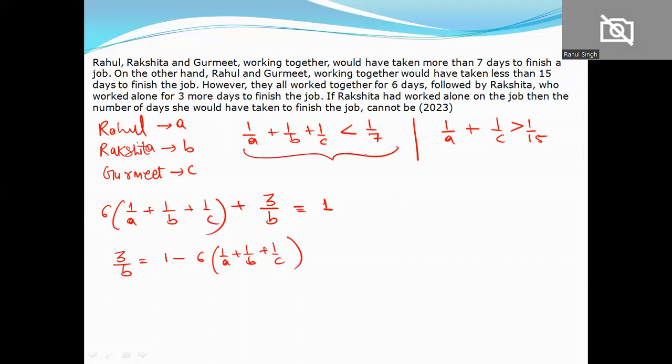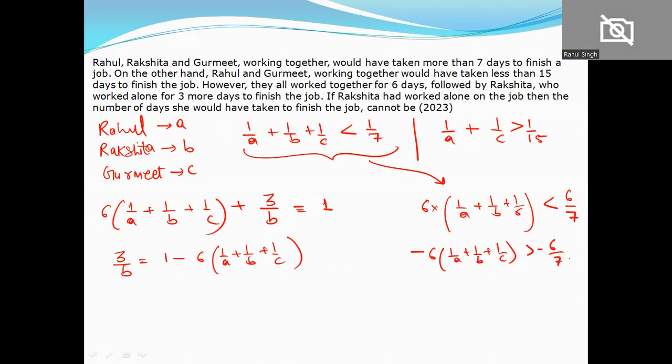एक छोटा सा इसके साथ इक्वेशन का खेल लेते हैं, इसको साइड में लिख लेते हैं। तो इसको मैं बोथ साइड 6 से मल्टीप्लाई करूंगा तो क्या होगा, 1/a प्लस 1/b प्लस 1/c इक्वल 6/7। अरे, अगर मैं इसको माइनस से मल्टीप्लाई कर देता हूँ तो क्या होगा यहाँ पे, -6 (1/a प्लस 1/b प्लस 1/c)। ये साइन फ्लिप हो जाएगा, यहाँ पे -6/7 आ जाएगा। ठीक है, यहाँ पे भी थोड़ा सा चेंज कर लेते हैं ताकि इजी रहे इसको करने में। तो 3/b-1 इक्वल टू -6 (1/a प्लस 1/b प्लस 1/c)। So now with this entire thing will be replaced with -6/7। कितना लिखना चाहिए, बदल देते हैं।